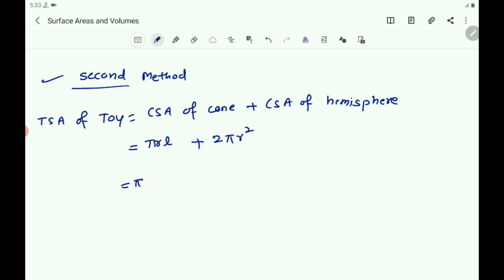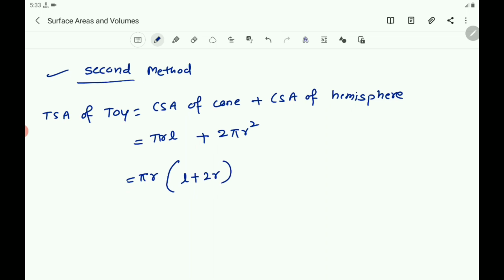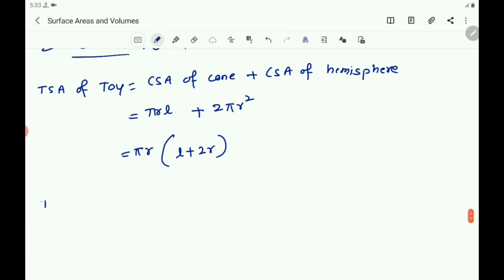Then you write pi r, and if you take pi r as common, in the bracket you will get L plus 2r. So TSA of toy equals